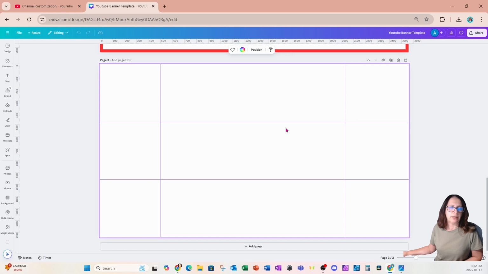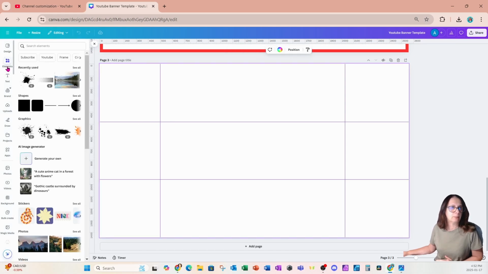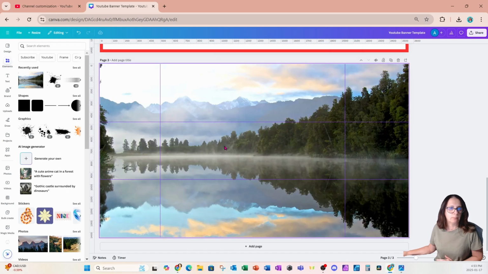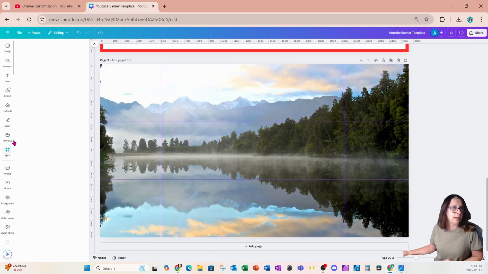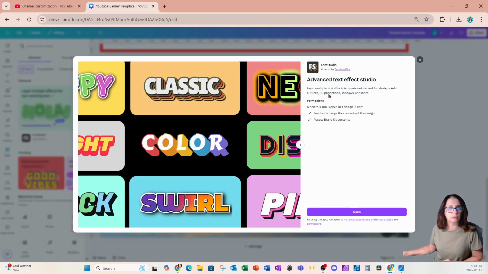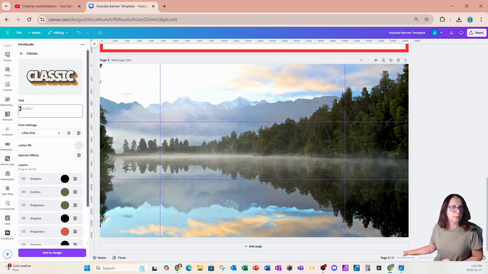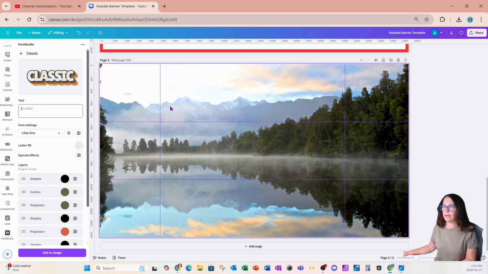So I'm going to go ahead and create a design very quickly. I'm going to go to elements, and I'm going to place this background on my workspace. And I'm also going to go to an app. This app is called Advanced Text Effects. And I'm going to use this option right here. It is called Classic. And for my text, I'm going to type in here